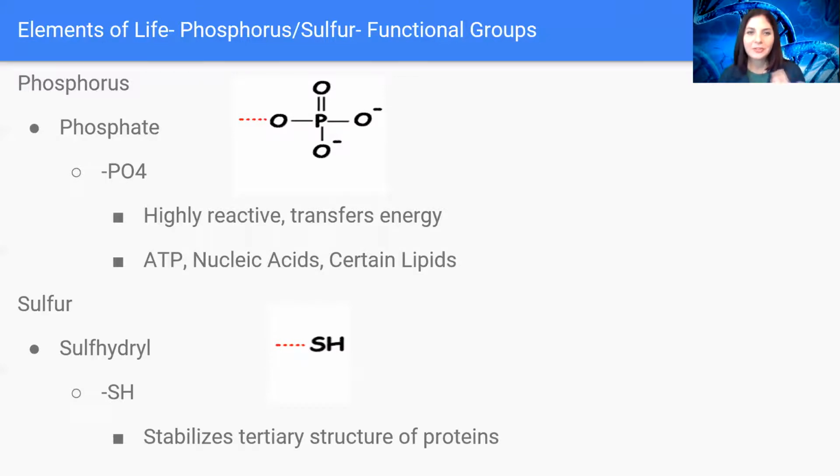It's also found in nucleic acids and certain lipids. We also have a sulfhydryl group, which is denoted by SH, or sulfur and hydrogen, and it stabilizes the tertiary structure of proteins. So, if you remember back to some biochem from maybe your freshman year, I used these guys,